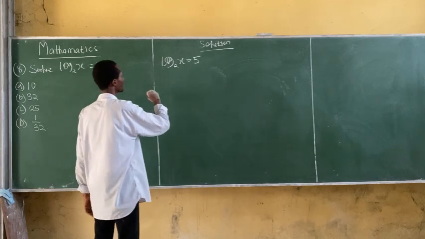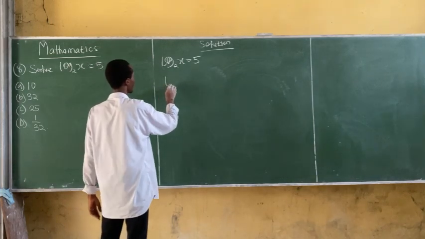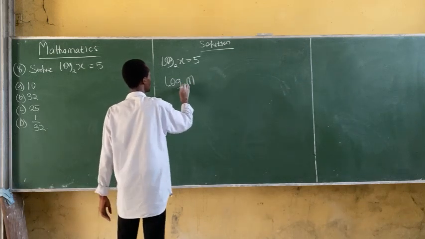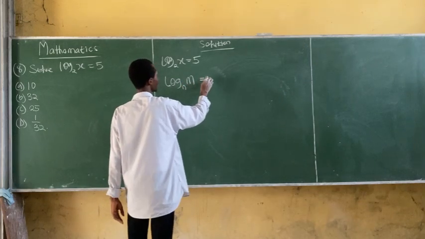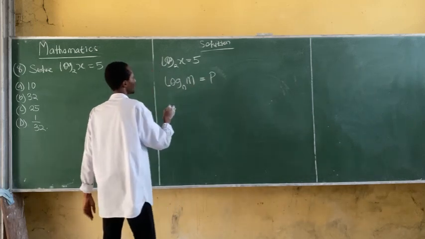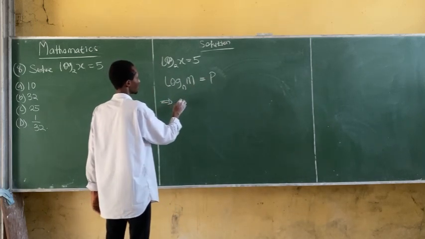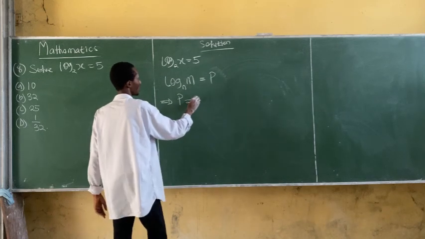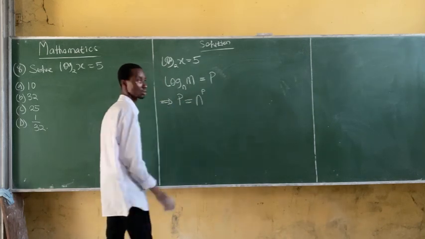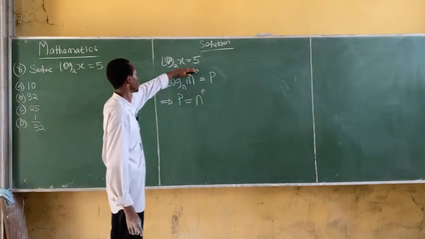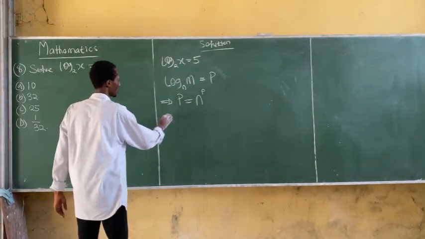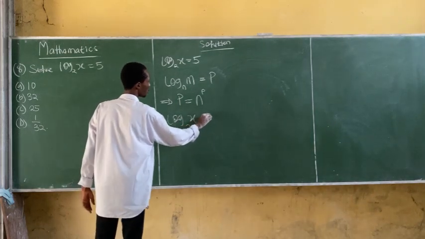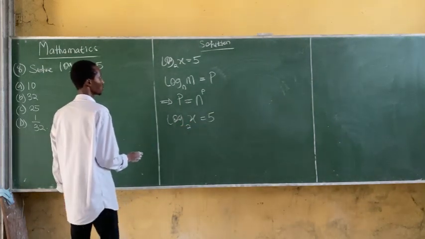Recall the law of logarithm that says log m base n equal to p. This implies that m is equal to n to the power p. If we substitute this into this equation, it means log x base 2 equal 5 is equal to